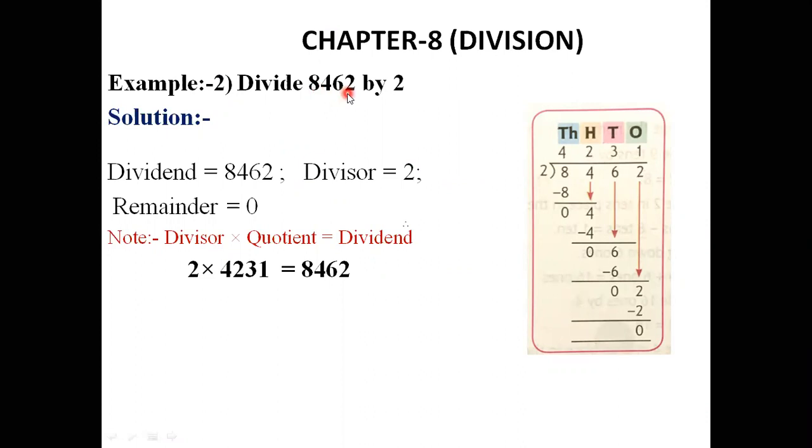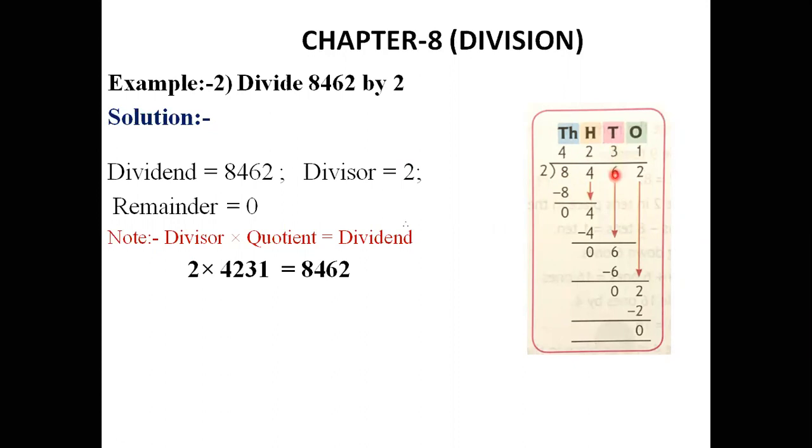Here is a 4-digit number. Now arrange this number in this way, with 2 as the divisor. Now when we divide by 2, the first number, 2 4s are 8, and write the 8 under the first number. 8 minus 8, we get 0, and the next number 4 is brought down here. Now recite the table: 2 1 ja 2, 2 2 ja 4. Write the 4 under the 4, and we get 0 as the remainder.